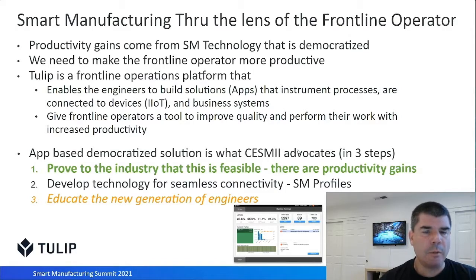So, when you go to a plant and take a look at what's out there, you'll notice that we all know 80-90% of what's out there is technology that's been around for quite a while. Some plants have equipment that's 30 years old, some that's new. It's not that we expect our customers to refurbish their plants and put in all new equipment so that there's connectivity. The challenge really is connecting to whatever is out there, right? And that's where we see the smart manufacturing profiles from Sesame as a huge value